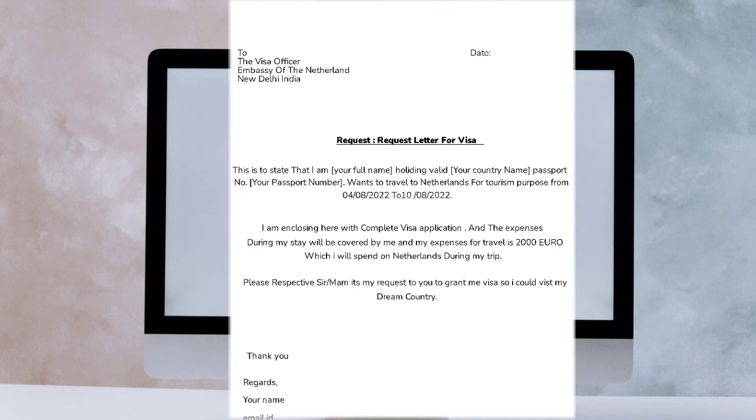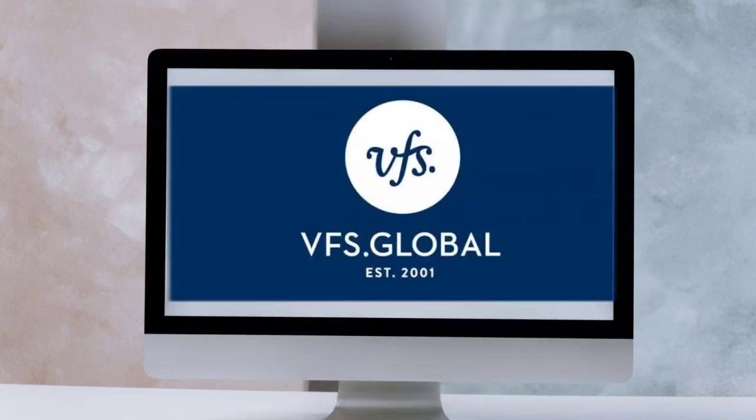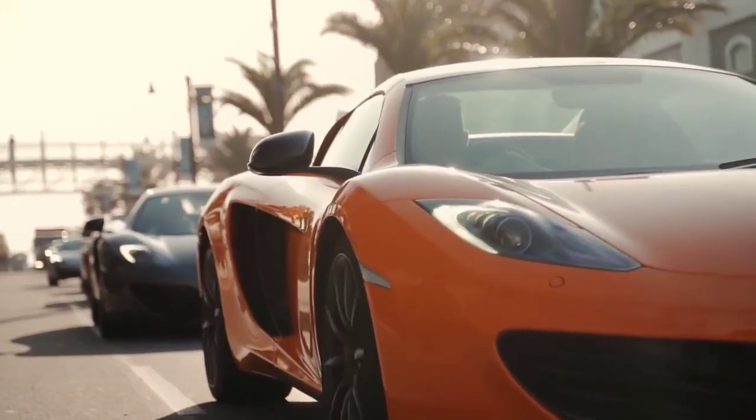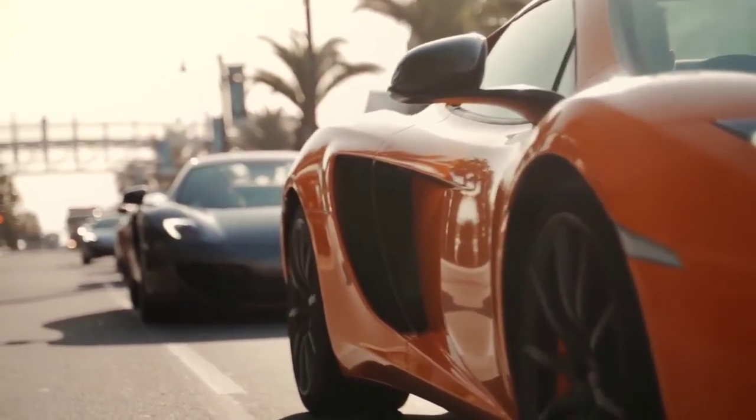So now we know what's the requirement of Netherlands visitor visa and how to make documents. After completing all these documents, go to VFS Center and apply for your visitor visa. If you need my help, I can prepare all these documents within 5 to 10 minutes, but service charges will be